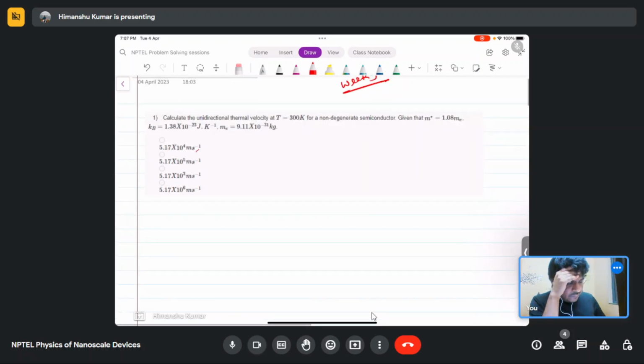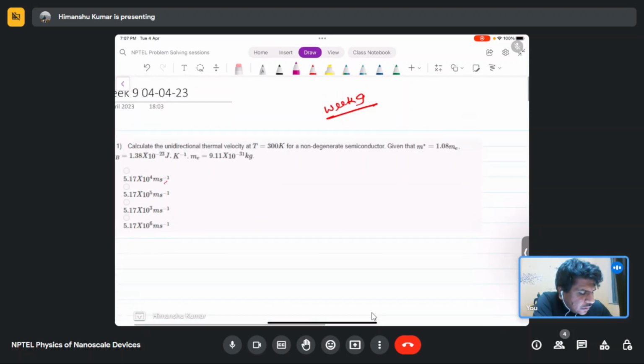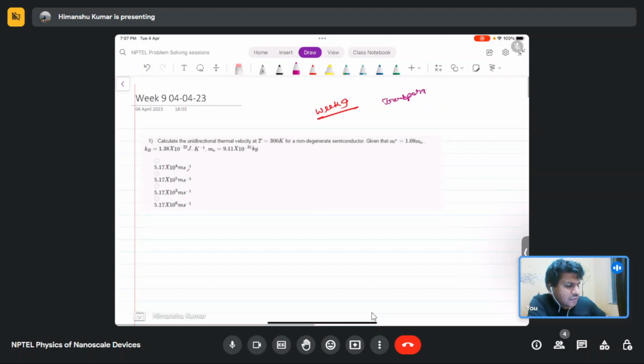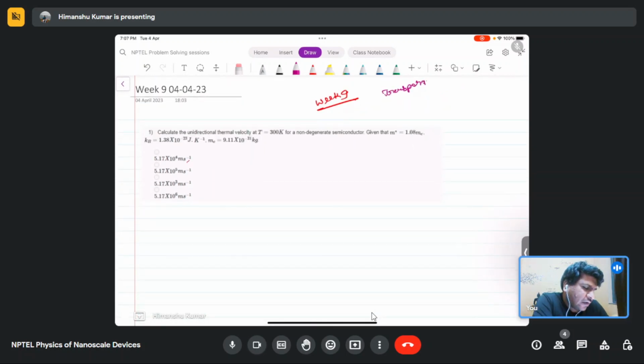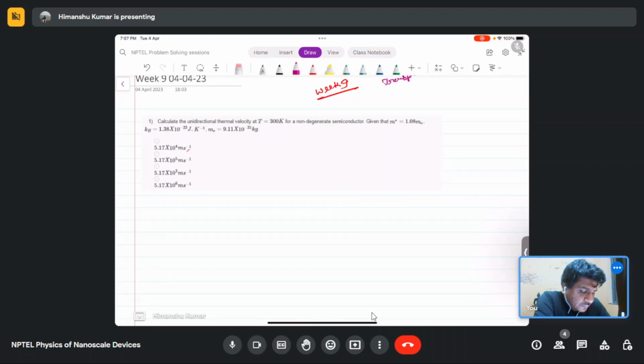So for this week's problems, the transport of the MOSFET, basically the classical derivation and the advanced model, was discussed in the initial part of the class, along with some electrostatics and some general characteristics related to MOSFET devices. So let's start with the first problem.